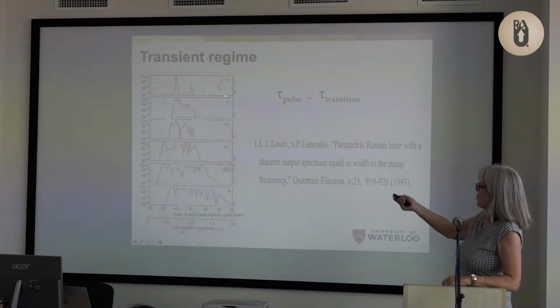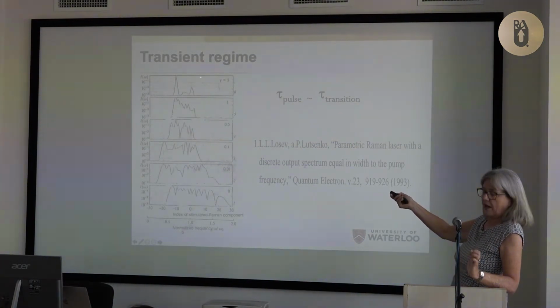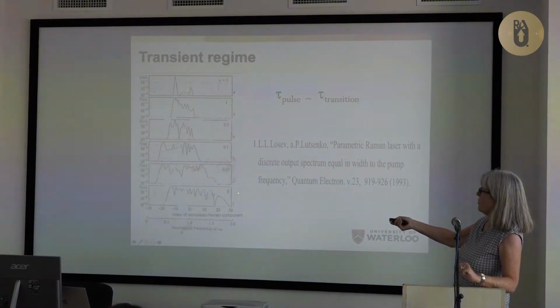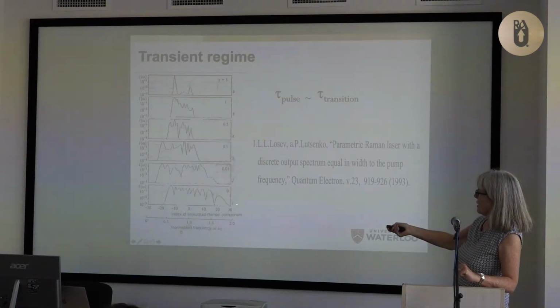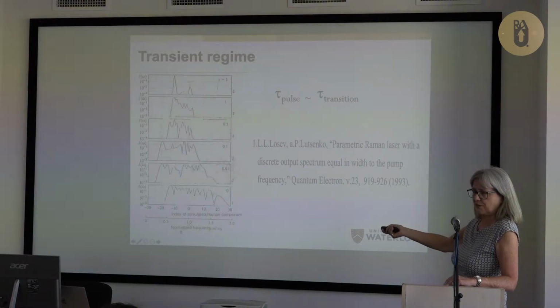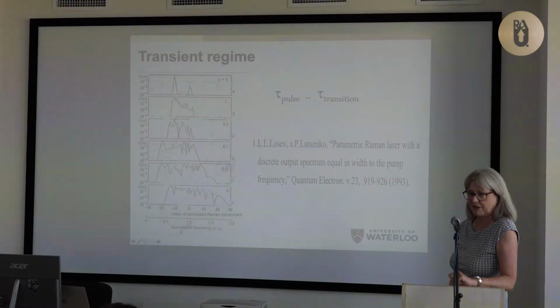His research also showed that if you could control the group velocity dispersion and make it 0, not only did you get a much broader spectrum, but it actually favored the anti-Stokes. And so if you're trying to make short pulses, this is what you want to do. You want to be in the transient regime, and you want to have 0 dispersion if at all possible. So he came over, and we decided, can we see this or not? This is why he came.